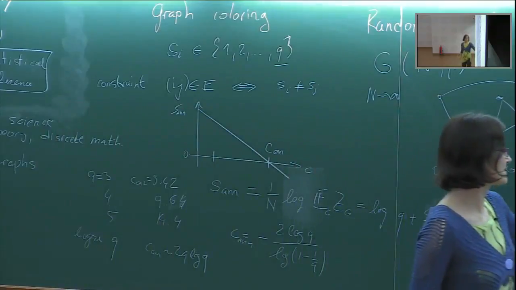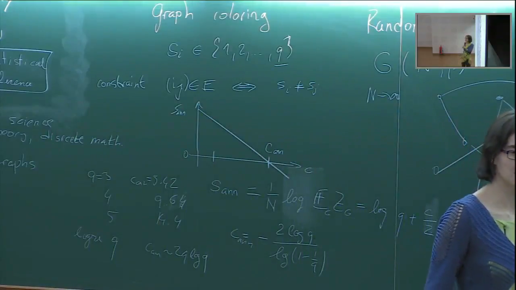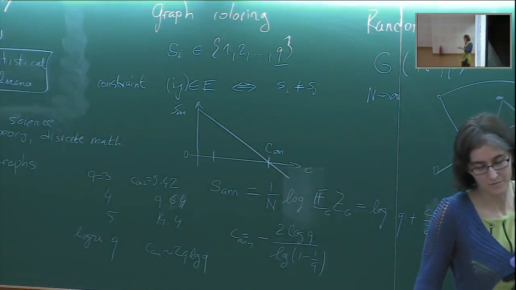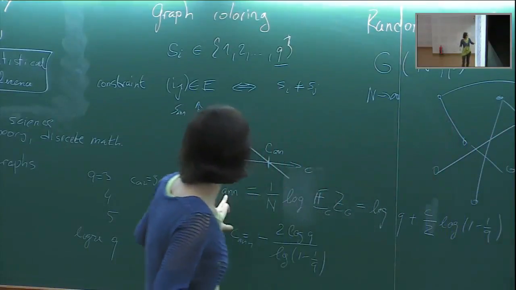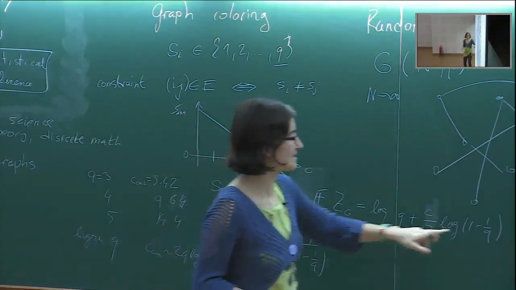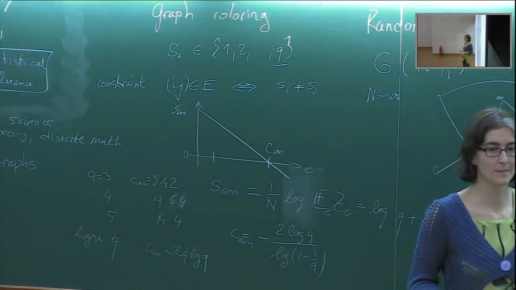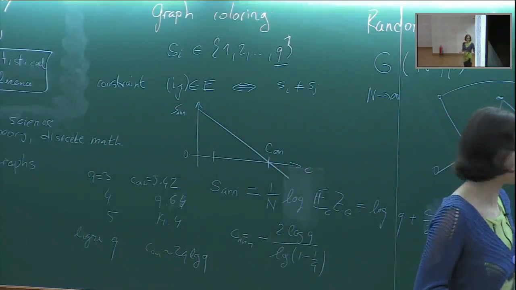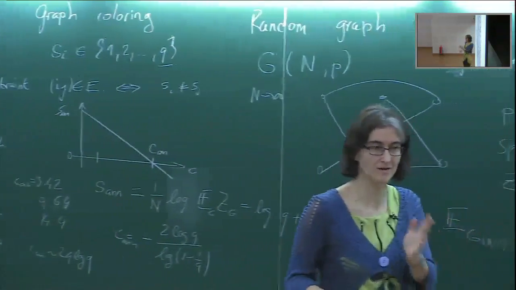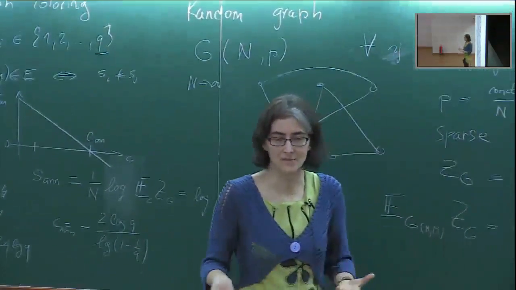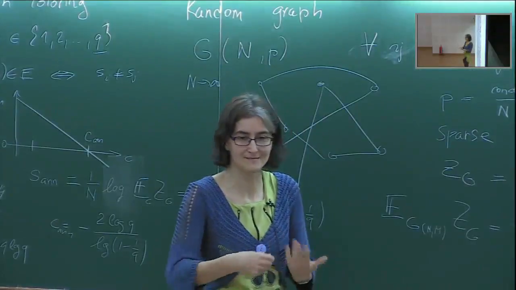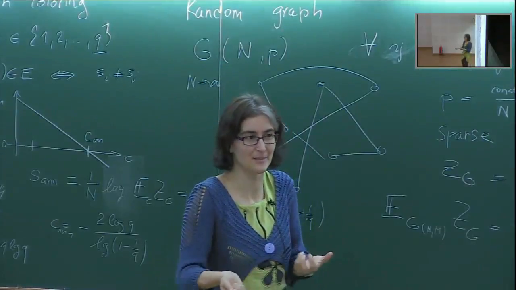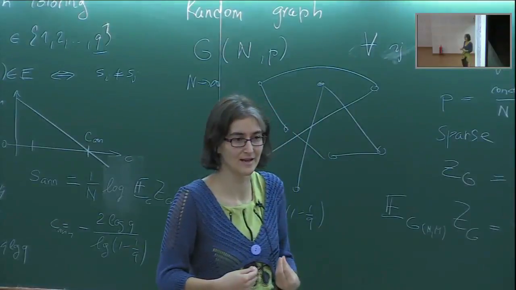We are averaging some numbers that are either 0 or 1 or 2 up to q to the n. And if this number S annulled is negative, it means that this average is exponentially small, right? But since this number was an integer, 0, 1, etc., then with high probability this number must have been 0. Because how else can we average integer numbers and get something exponentially small in n?